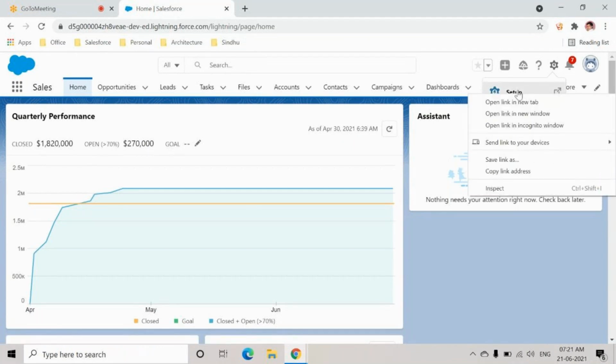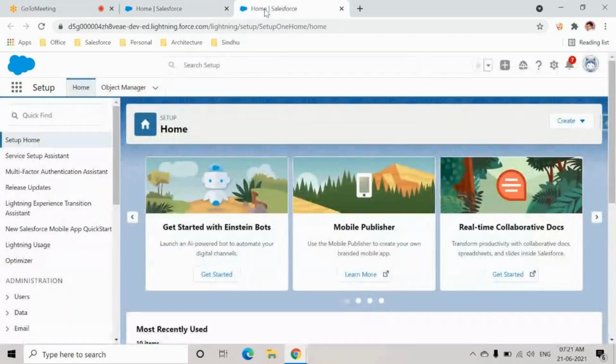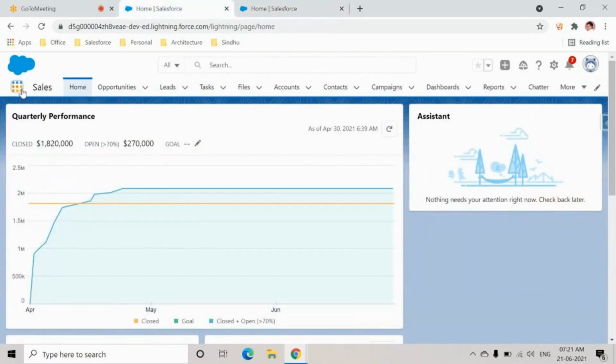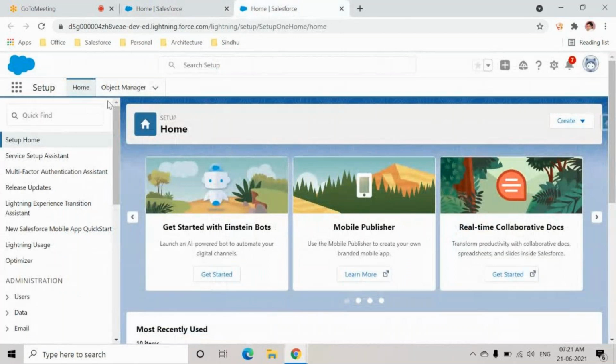To define these applications, objects, tabs or fields and all, the first thing that you always have to go with is the setup screen. This is the place where you can see the things which are behind the scenes. For example, the app launcher is a place where I can see the list of applications that I can access in the system, right? But if I want to see the total number of applications in the organization, as I'm a system admin, I can go to the setup screen, go to Quick Find.